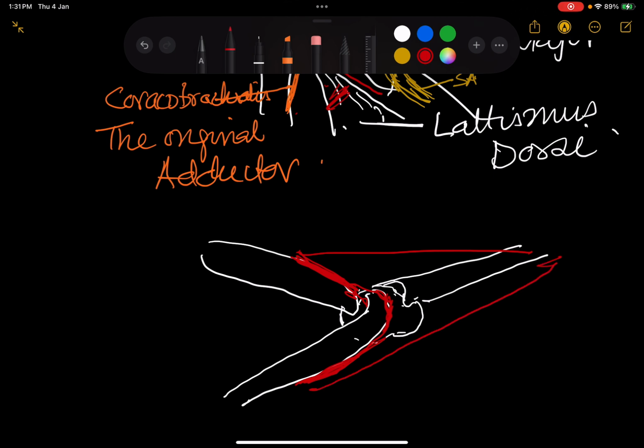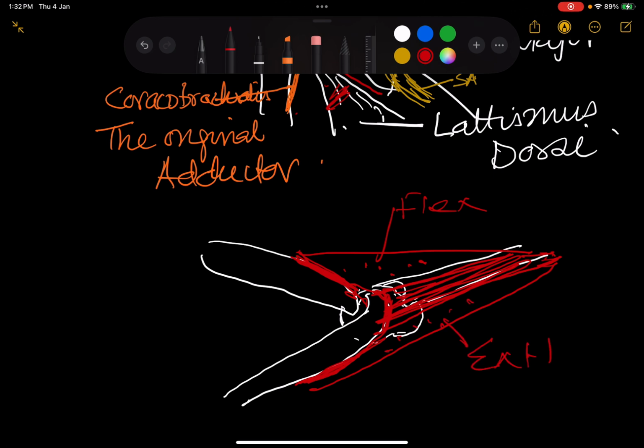tuberosity. Now this is the deltoid that abducts, but this portion of the deltoid really abducts. This portion abducts. So this is the abducting deltoid. This part of the deltoid which is anterior is the flexor deltoid, and this part of the deltoid which is posterior is the extensor deltoid. So this finishes the